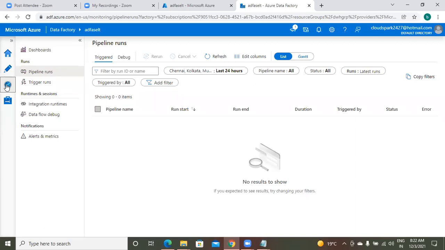What is the current status of your pipeline? You want to know which activity is running. At that time, Monitor. Got it? Maybe some activity may have failed, and you want to check which activity failed. Like that. So these are the regular tools that we are using.